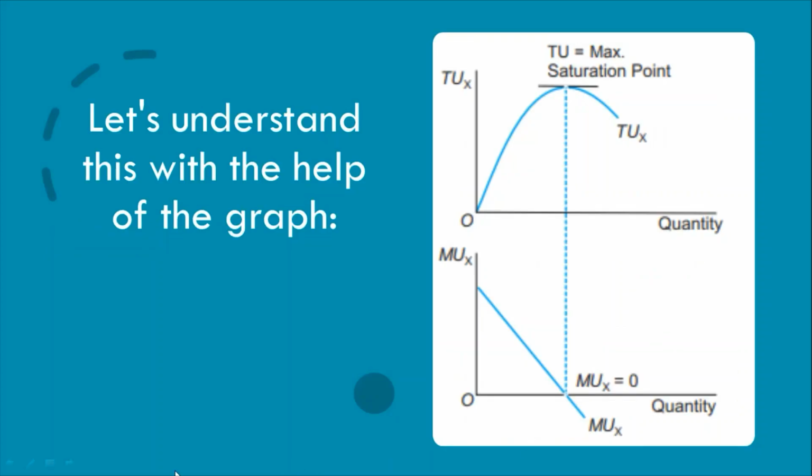Now we'll understand it with the help of a diagram or a graph. We've actually done that in the previous video also, so we'll just quickly go through this. So this is when your total utility is increasing, right? As your total utility is increasing, this is increasing at a diminishing rate. That means it first starts with an increasing rate. There is a high increase in total utility, and then it starts to increase at a diminishing rate. It is still increasing, it's positive, but it's increasing with very small proportions, we can say.